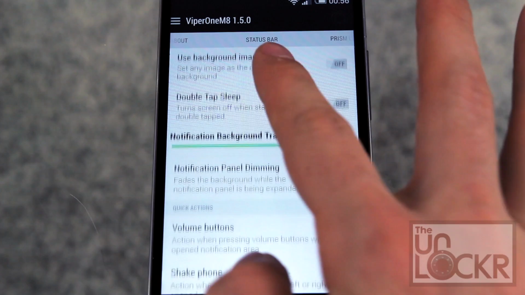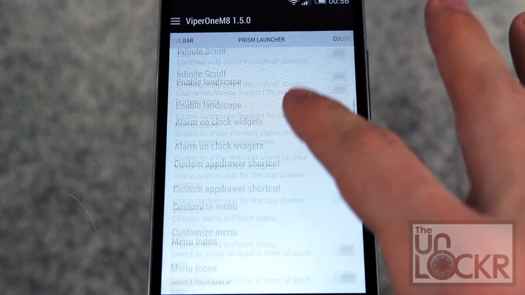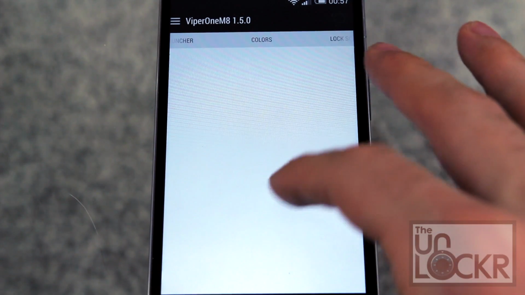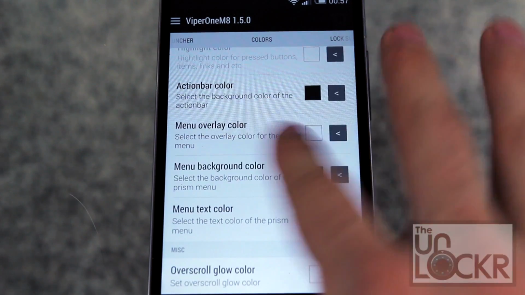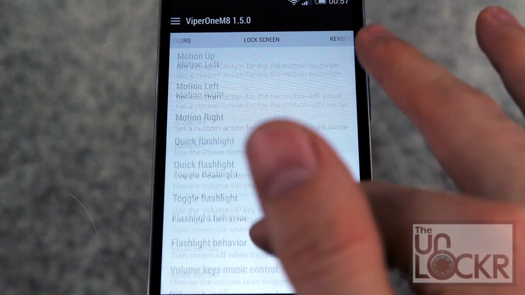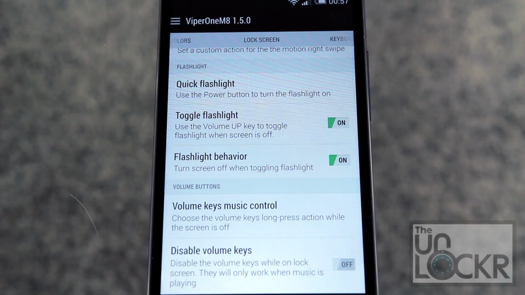And I mean, this is just the status bar in this one, right? Prism launcher. Look at all this. Colors for everything. I mean, look how much there is. So as you can see, it offers a lot of customization options. It's also usually faster, has a lot of other cool features to it. So